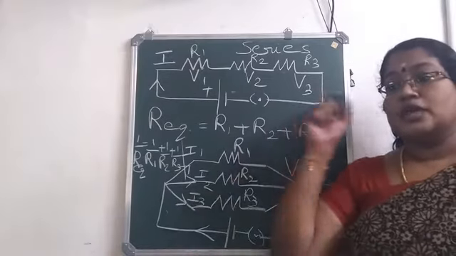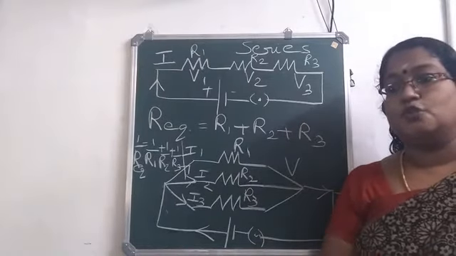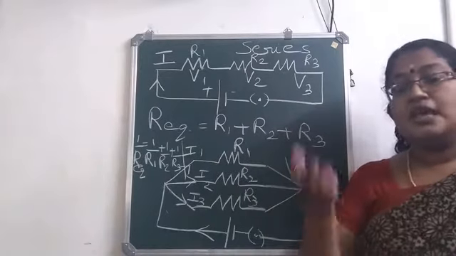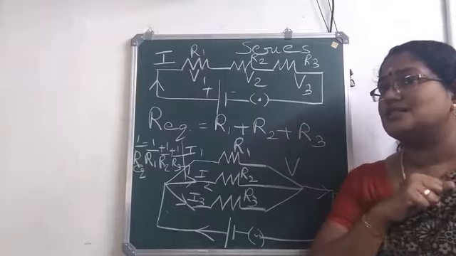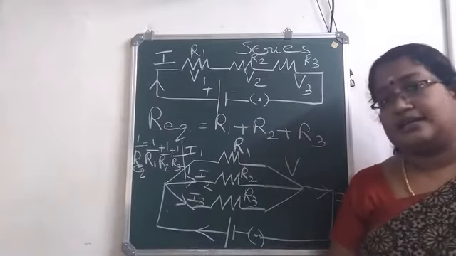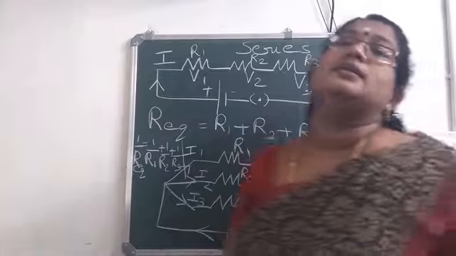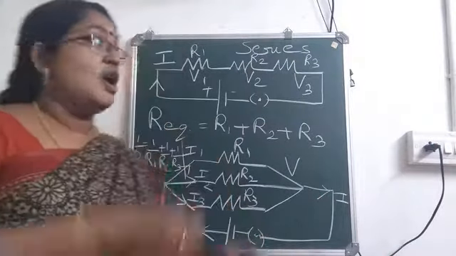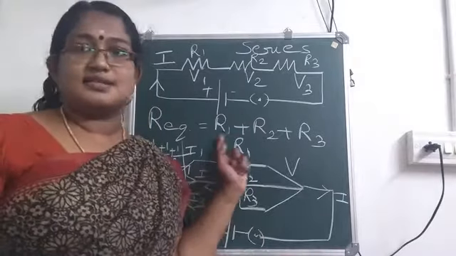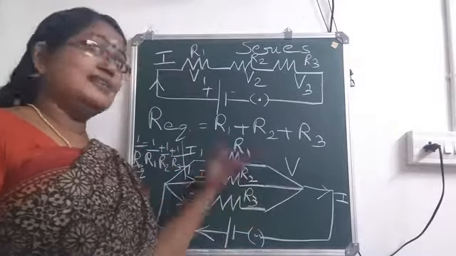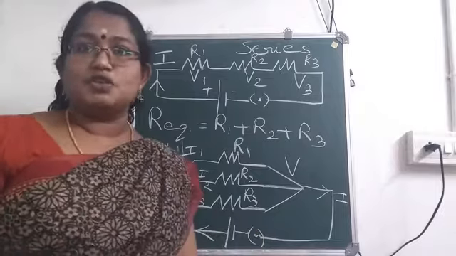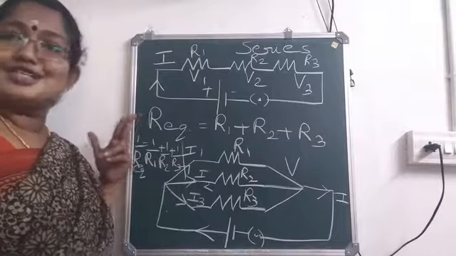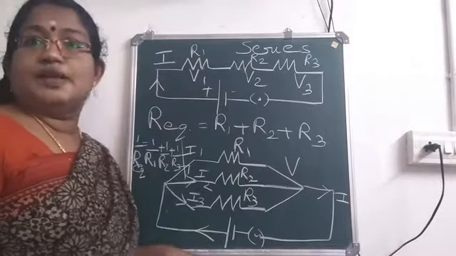Okay, so in a circuit, if you want to provide more resistance, we have to use series connection. If you want to provide less resistance, we have to use parallel connection. That is another important thing you have to remember. Series connection means it offers more resistance. അതിനകത്തുള്ള എല്ലാ റെസിസ്റ്റേഴ്സിന്റെയും resistance will be there. പക്ഷെ parallel ആണെങ്കിൽ sum of the reciprocals of the individual resistances. Then again, in order to get R equivalent, we have to take the reciprocal of the answer. So the value will be less.